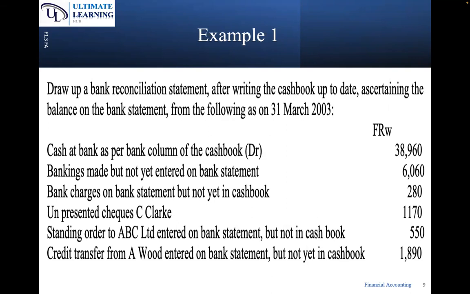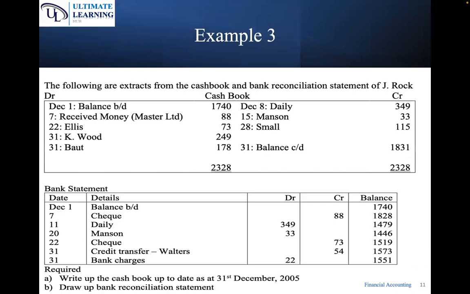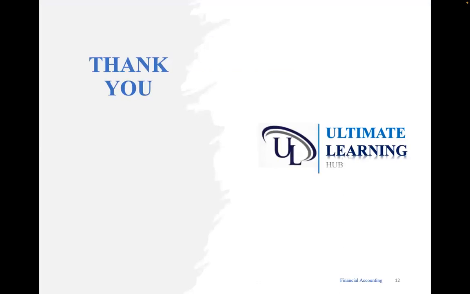And we have said you need to know how to prepare the adjusted cash book, and you also need to know how to prepare the adjusted bank statement. Remember, in the adjusted cash book, you start with the balance as per the cash book, you less any bank charges, you less any standing orders, you will add any direct credits, and you correct any errors that were made in the cash book. And then that closing figure is called adjusted cash book balance.